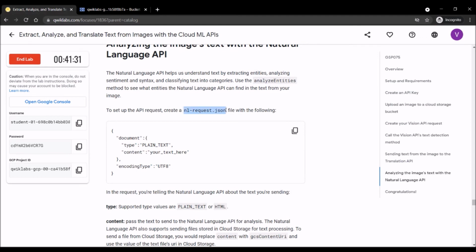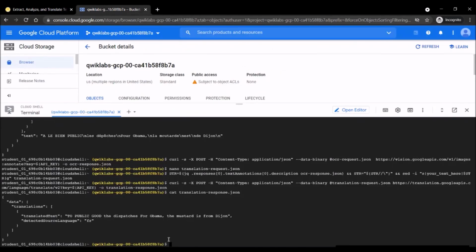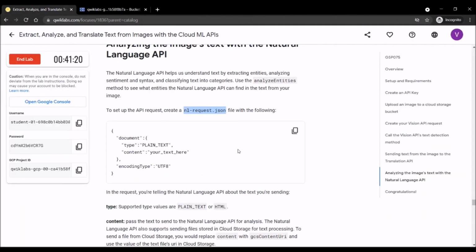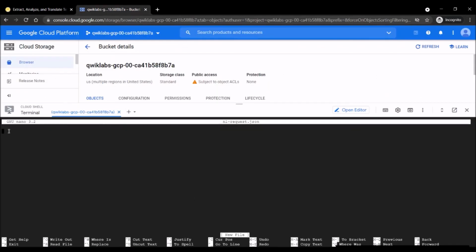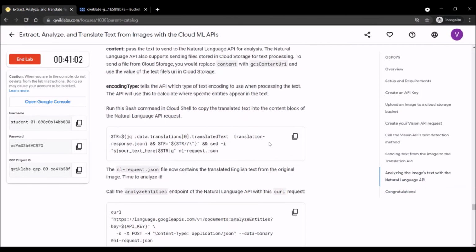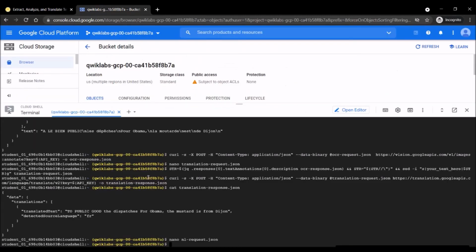The last task is analyzing the image text with the Natural Language API. We have to again create the nl-request.json file. So we will go through the same procedure. Type nano, paste the name and simply copy the text. We don't have to edit anything over here. So we'll just copy and paste the code. Control S, Control X. Run this bash command in the Cloud Shell to copy the translated text into the content block of the Natural Language API request.